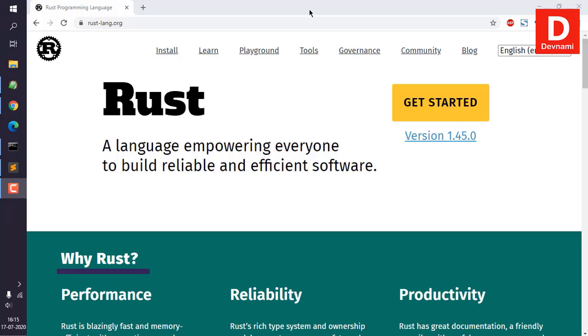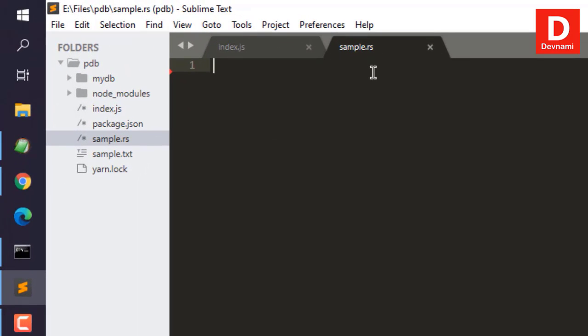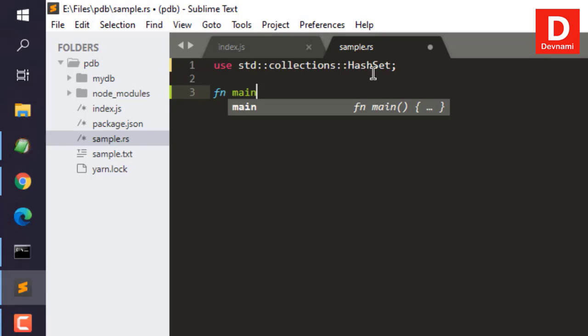HashSet collection doesn't allow duplicates. So what happens if we try to insert duplicate values? We'll take a look at that. So open your text editor, create one sample.rs file, and first use std, then collections, and then HashSet. Now we will create our main function,